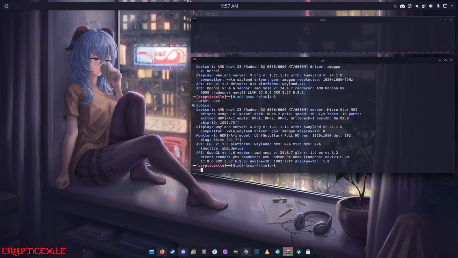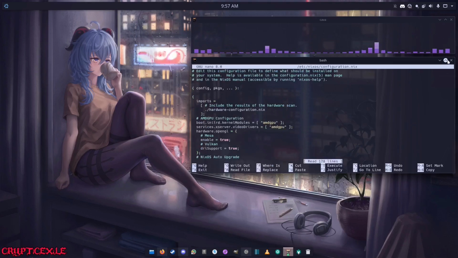If I do nxi -xx, this shows more details of things. It shows more details of the card itself. So it's all good. It's really good now. Before it would not show all this. It would have a lot of errors, but I got all the stuff I need for this. And so if I do sudo nano /etc/nixos/configuration.nix,